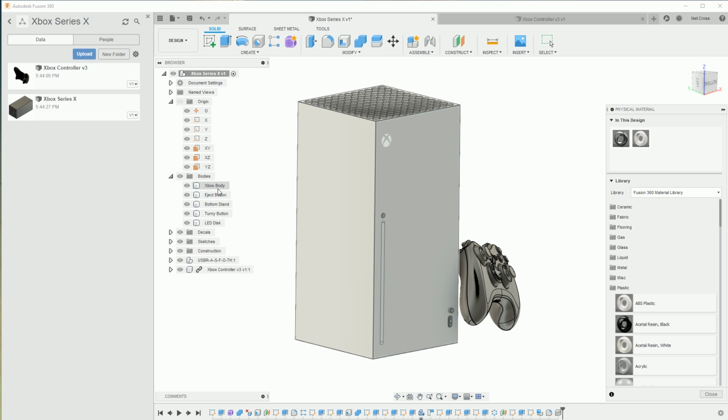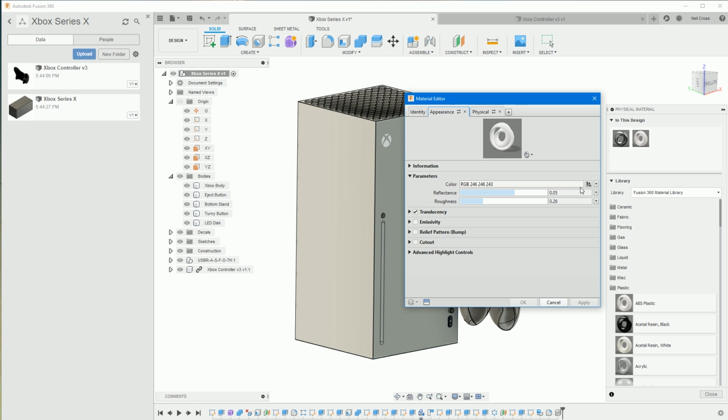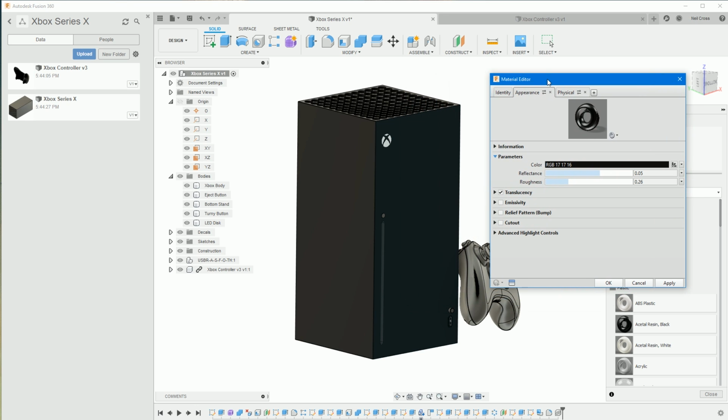So drag it onto Xbox body. And then right click on the glyph at the top and then go to edit and then go into advanced. And then for the appearance, we can change the color over to black, because that's indeed what it is. For the relief pattern, if you want to be clever with the texture, obviously the Xbox isn't going to be